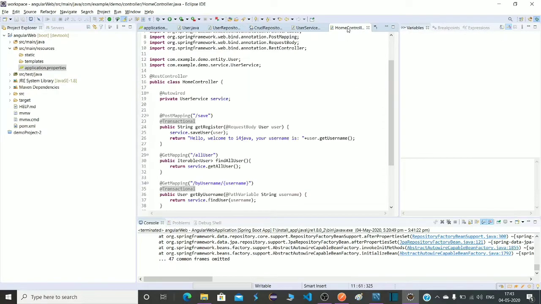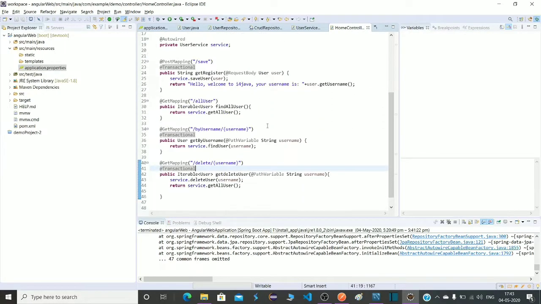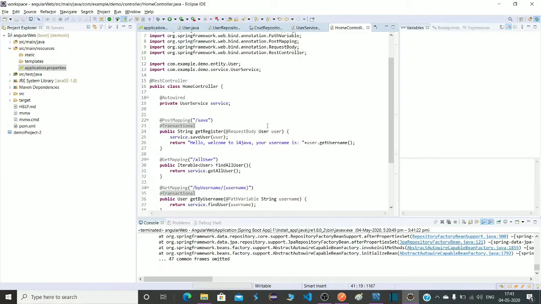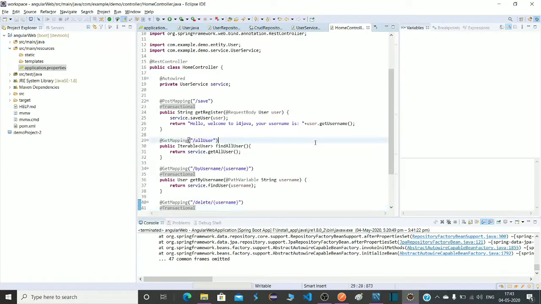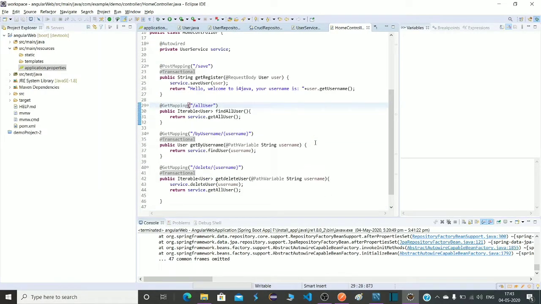Okay, let's go to home controller. So friends, this was part 2, and here we saw how to create an API, and also we checked whether our API is saving or retrieving all records or performing operations, and it is working well. So in the next step we will develop the front end using Angular and integrate with our API. Okay, so wait for my next video. Thank you.